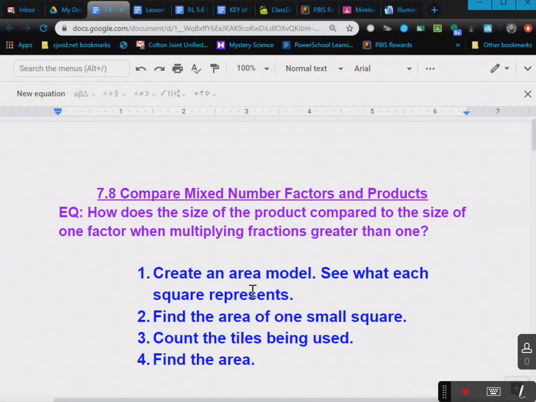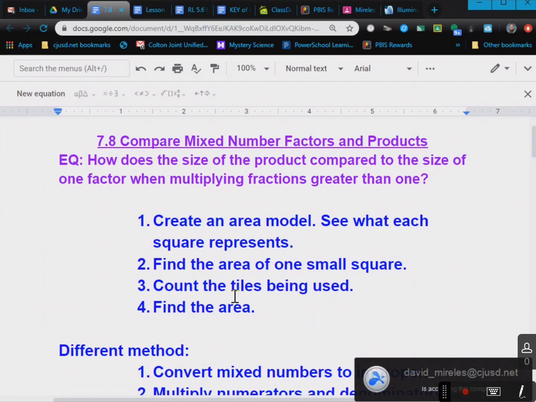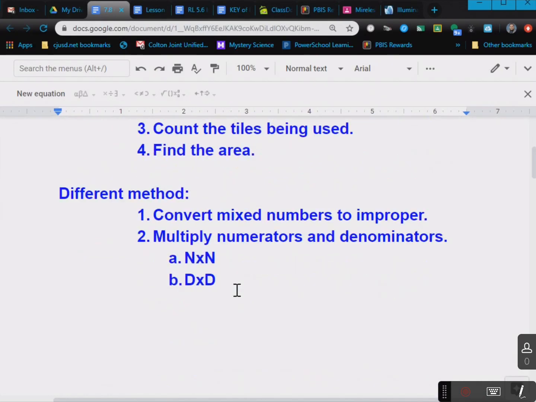Hello everyone, welcome to 7.8, compare mixed number factors and products. The essential question is, how does the size of the product compare to the size of one factor when multiplying fractions greater than 1? So you can create an area model, or you can just do the way that I